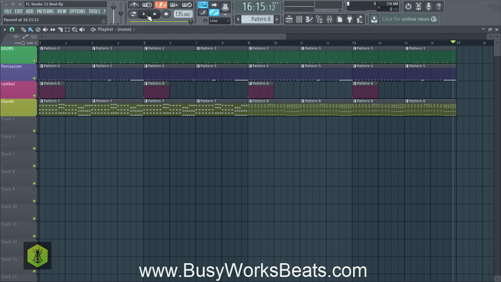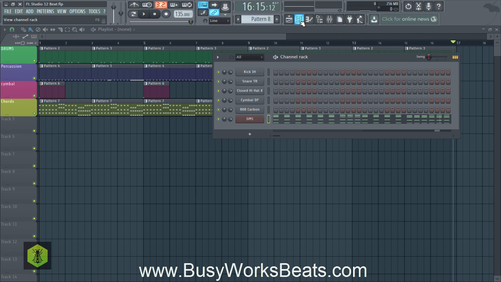Okay, so there are differences in melody, and we go over that in Melody Magic at BusyWorksBeats.com. But essentially, you have the musical melody and you have a top line melody. What we're going to work on now is the musical melody, the melody embedded inside of the music. So it can be more synthy and it can be more dramatic.